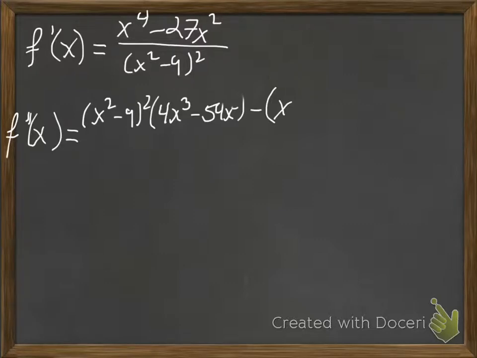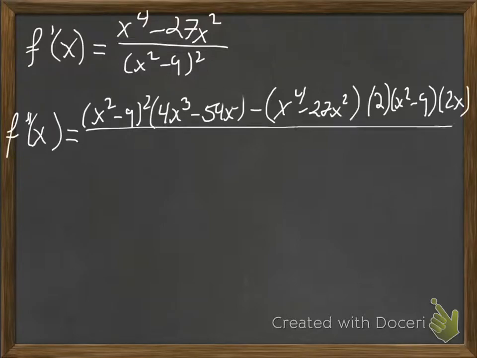Okay, just 54x. And then we have high function times the derivative of the low, and we're going to have to use the chain rule, so the 2 is going to come down, and then the base, x squared minus 9, times the derivative of the inside, which would be 2x, all over the denominator squared, so squared squared would be the 4th power, equals